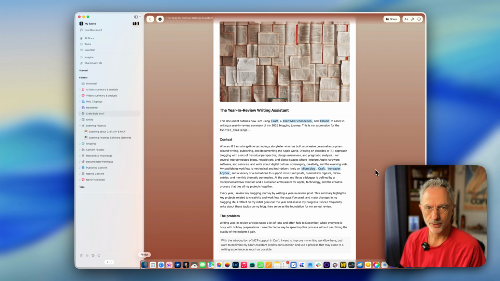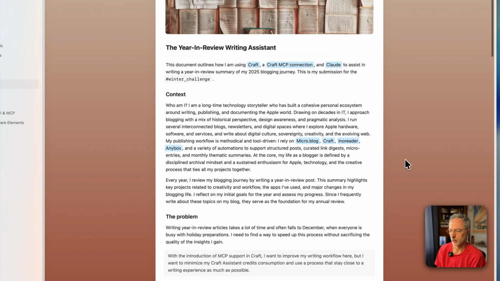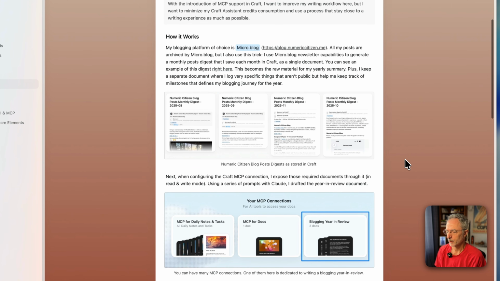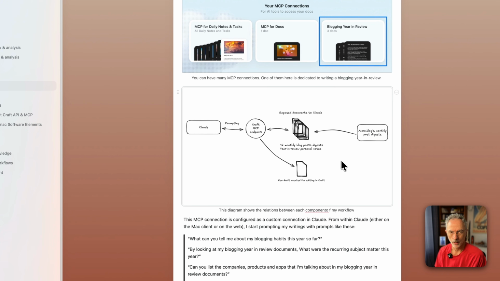To summarize this use case, I wrote a document called the Year in Review Writing Assistant that I'll share with you, and the link will be in the video description. In this document, there's a diagram showing the overall architecture of this workflow.